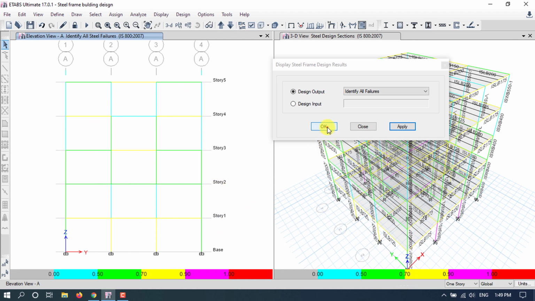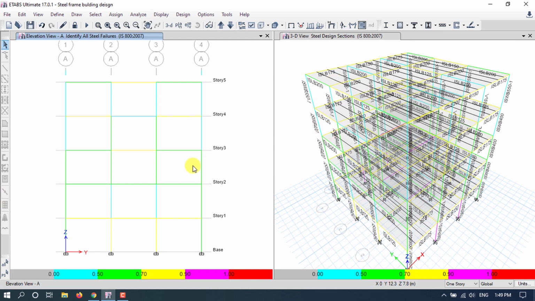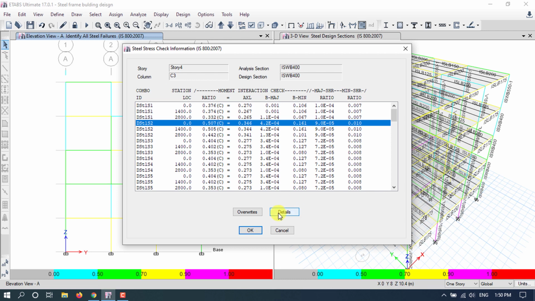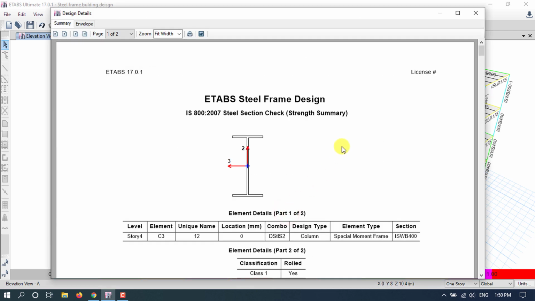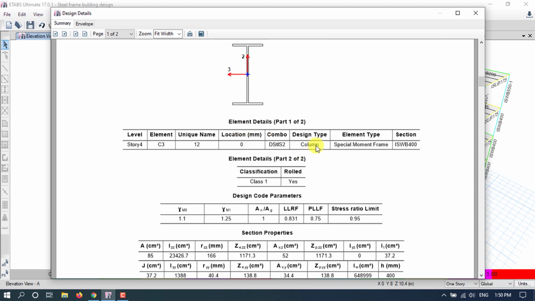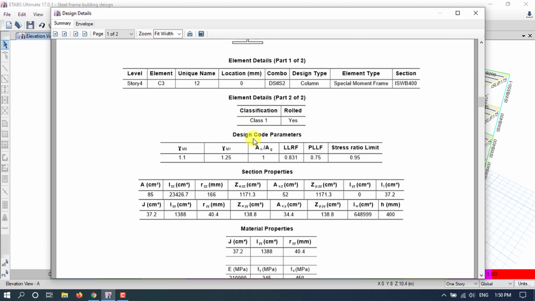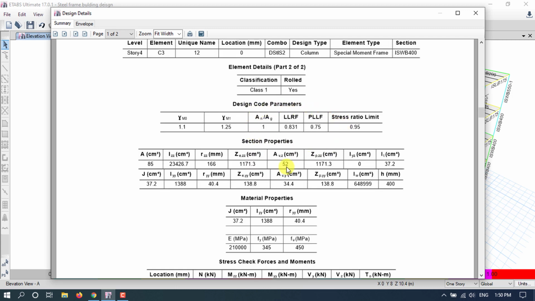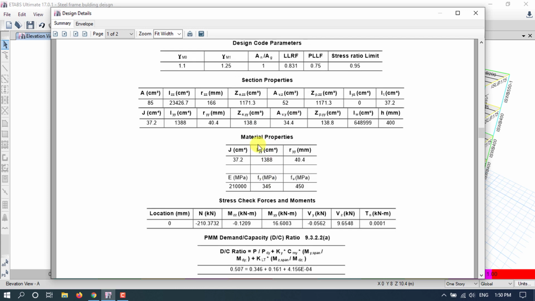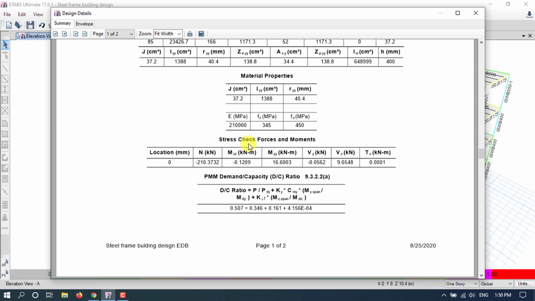Then click on OK. Now friends, to view detailing of the frame, let's right click on any frame. Say here right click, okay, and go to details. Okay, all the detailing values of the frames are given here. Here element details and design code parameters and section properties and material section and stress check, force and moments.